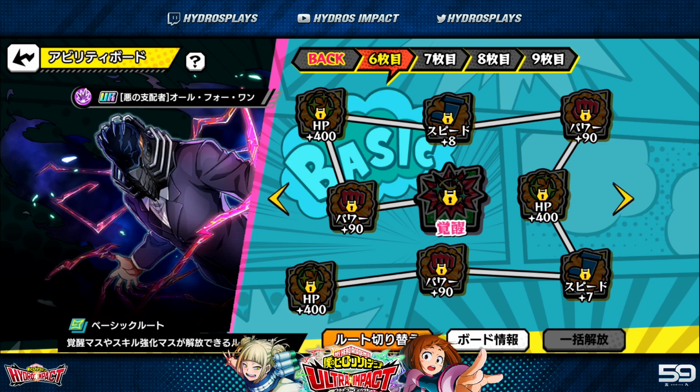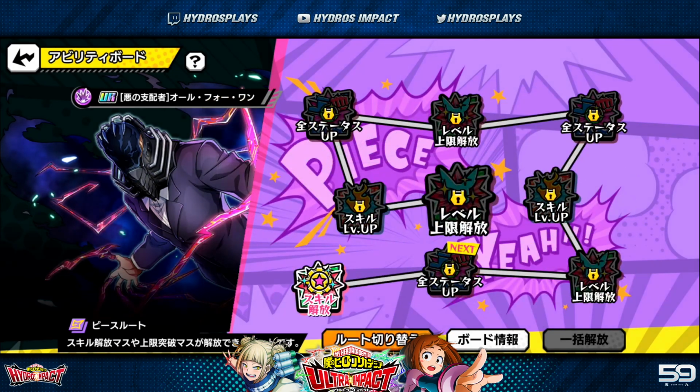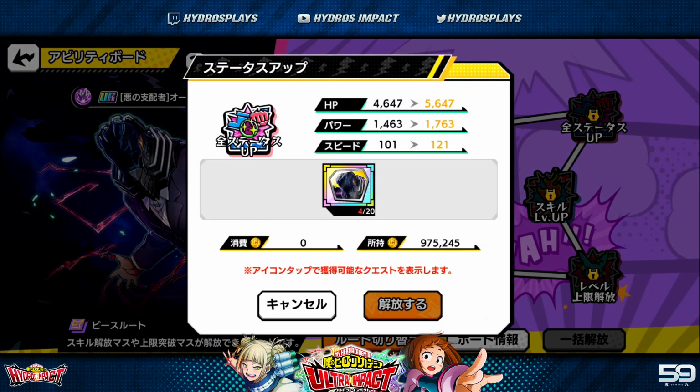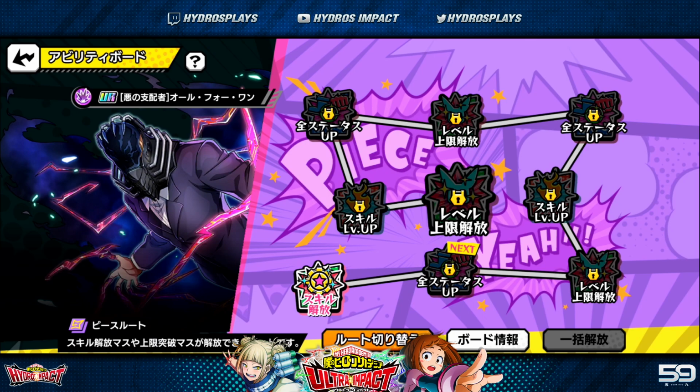What those character shards are also going to do, besides this one node on this board, is if we go to our limit break board by going to the purple one, this board is going to take character shards. All 10 nodes are going to require character shards, so it actually increases as you go. So this first node takes 10 character shards, and I would recommend, if you can, at least get 10 character shards in the shop, buy 10 character shards with your hero medals. That way you can unlock this specific node, because this one node is going to unlock